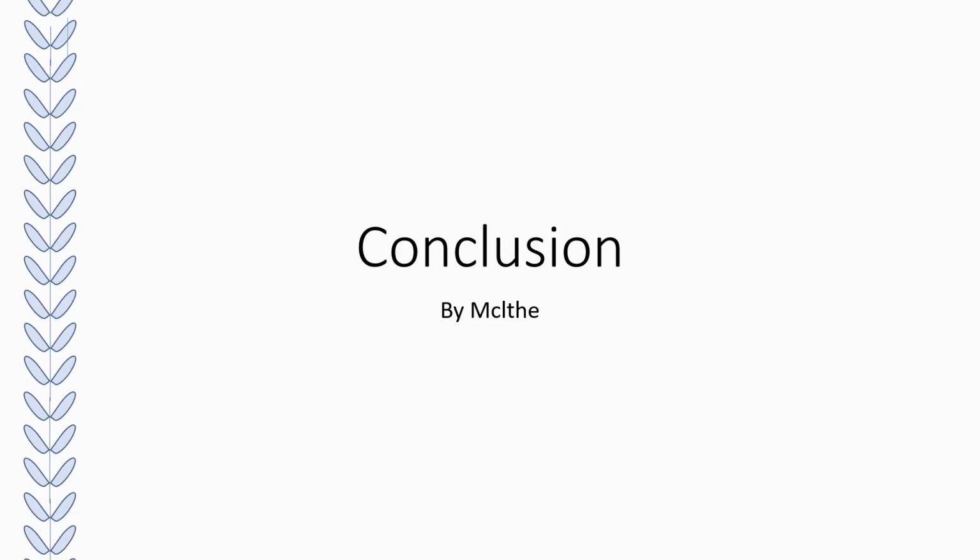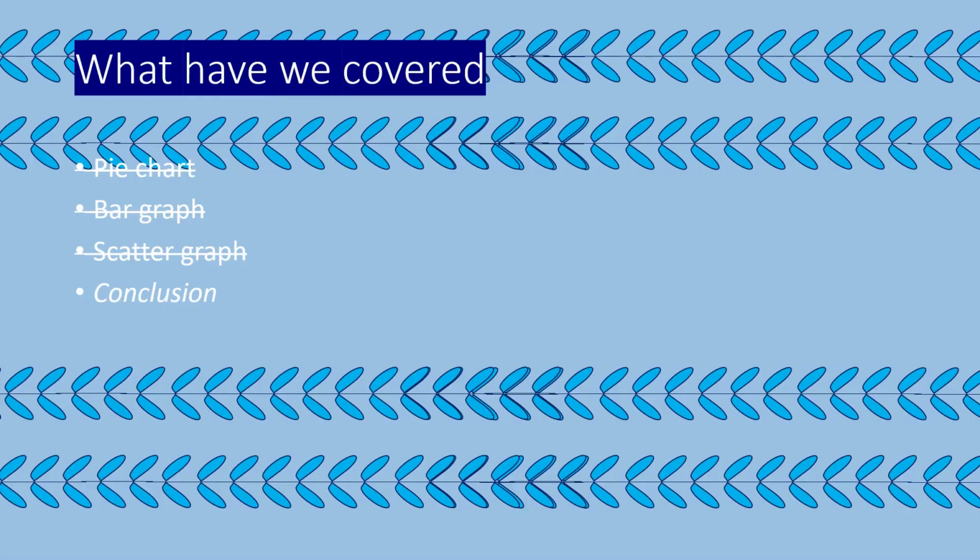So at the end of the day, graphs are a great way to show data in Excel in a visual format. These graphs, of course, as I've shown, can show multiple different types of data, from percentages to comparing small sets of data to comparing trends and finding out where trends are. There are obviously a whole lot more that you can look at. Again, I encourage you to explore these. These are through Excel, and Excel has lots of different options. So again, it's a great way to show visual data, and I hope you've learned a lot in today's